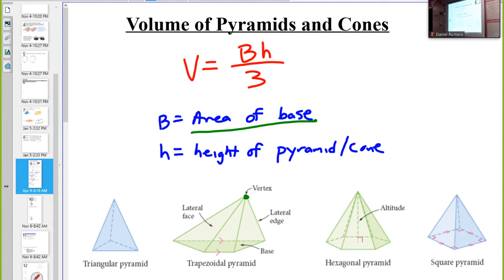So yesterday we introduced not only volume, but volumes of prisms and cylinders. So tell me, what are some of the things you remembered from yesterday that prisms and cylinders have in common? Is it the rectangle? Well, if you're saying that they both have rectangles going around them laterally, then yes, that's one thing, but that's